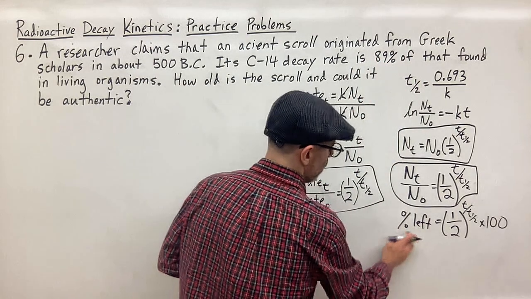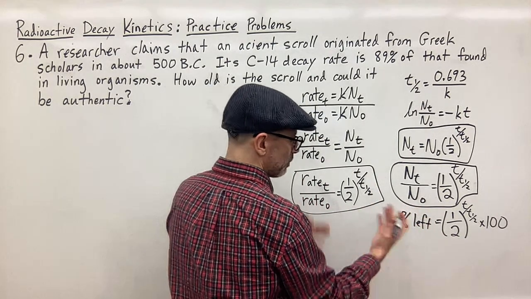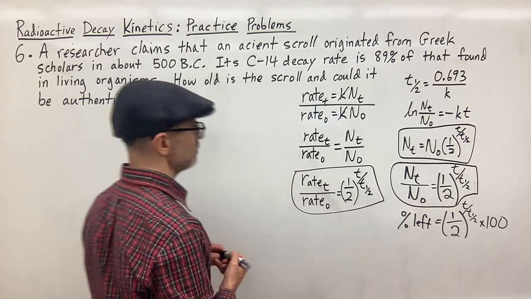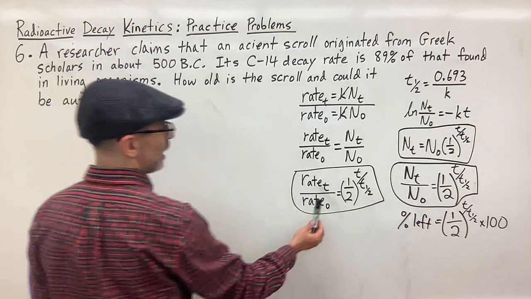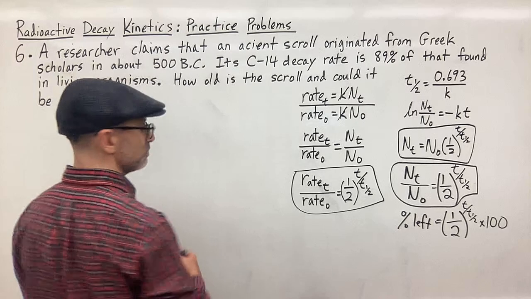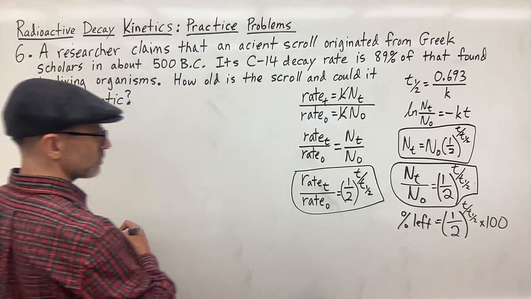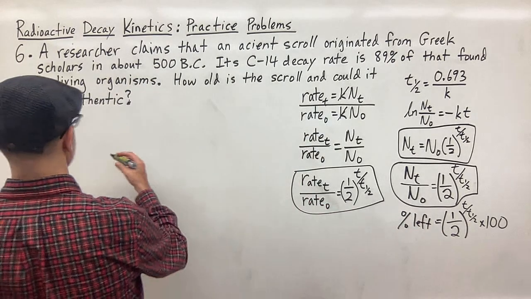So this could represent the amount that's left or the percent of the decay rate that's left. So then all we need to do is figure out the stuff that we need to plug into our equation. So here we're given the percent left, so that's going to be